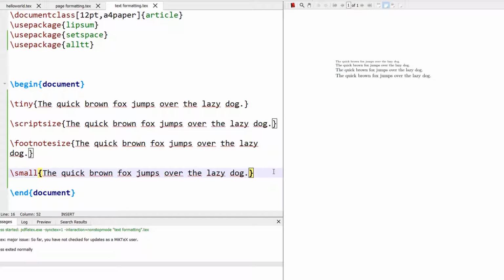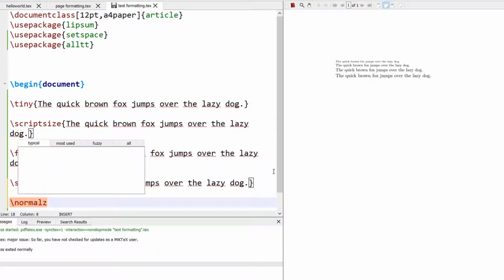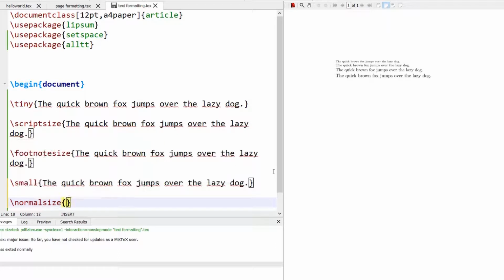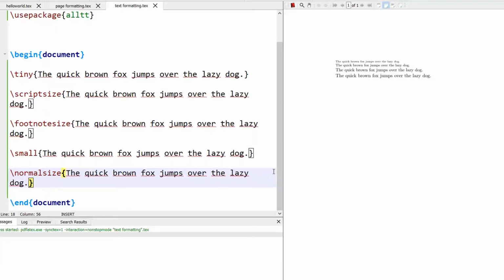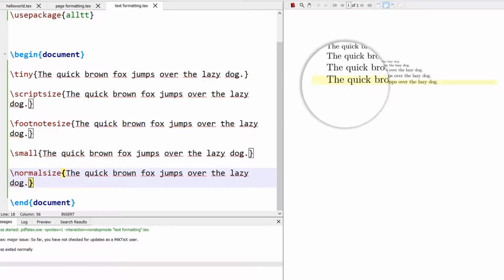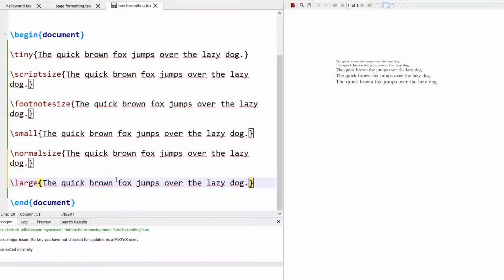After that, we have the next option or command called normal size. If you do not use normal size, the text will be rendered by default as normal size. So this is normal sized text. After normal size, we have large, the large command all in small case letters.